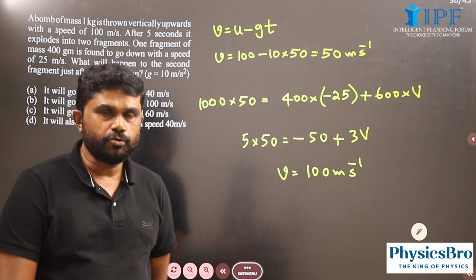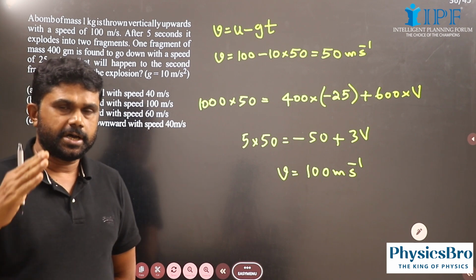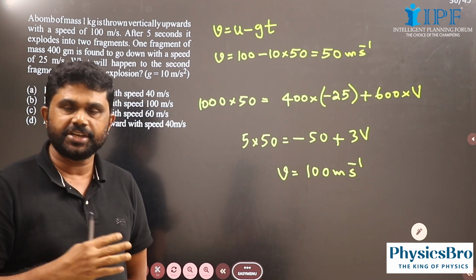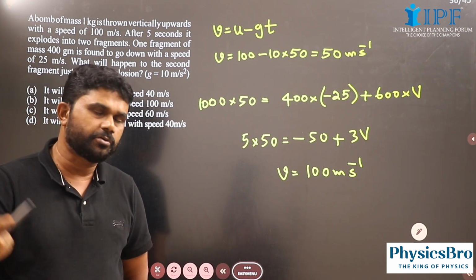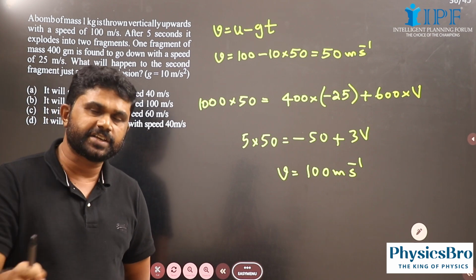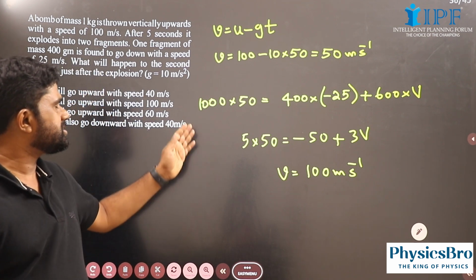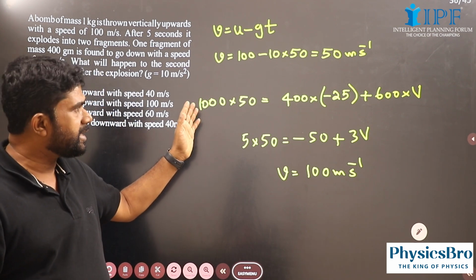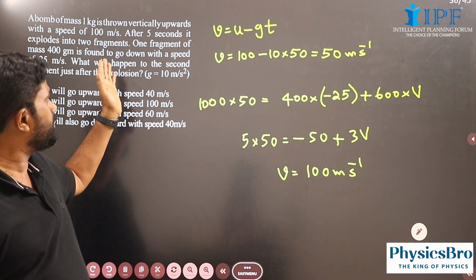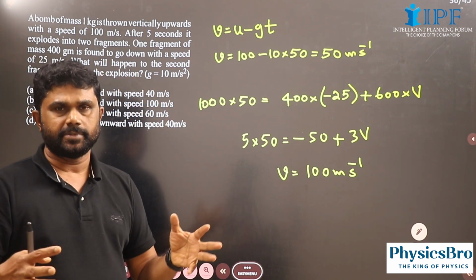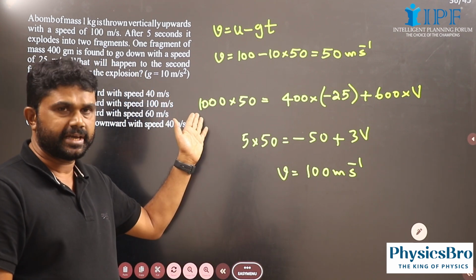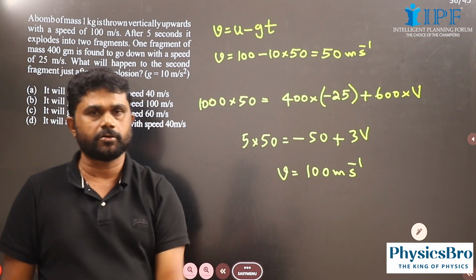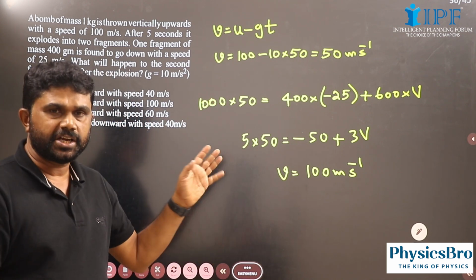Okay. Now let me apply the law of conservation of linear momentum. It is valid for any collision. It is valid for any explosion. Okay. Now let's see, 1 kilogram. Let me convert because the fragment masses are given in gram. So let me represent this also in gram so that we can easily cut down. Okay. So this is 1 kilogram means